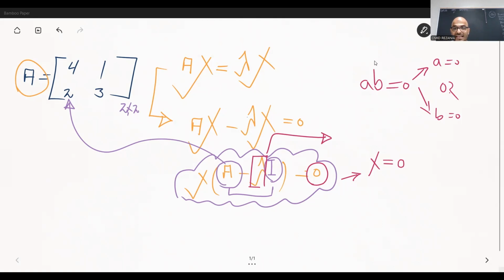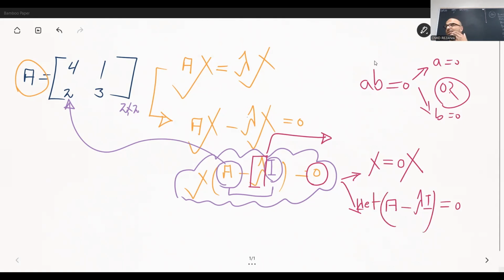Then as a result, we said that we do not accept this conclusion, but we know that there is an or: A minus lambda I should become 0. And we also modify that a little bit for the simplicity of the algebraic manipulation. We remember we concluded that the determinant of A minus lambda I should equal 0. That's what we did, I should say, last week. Now,